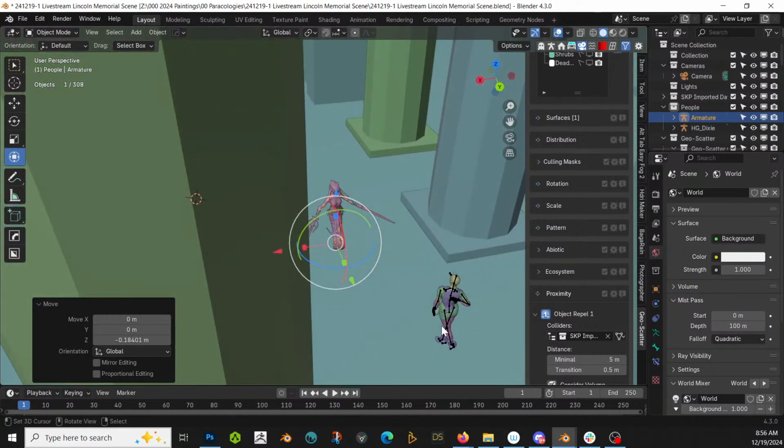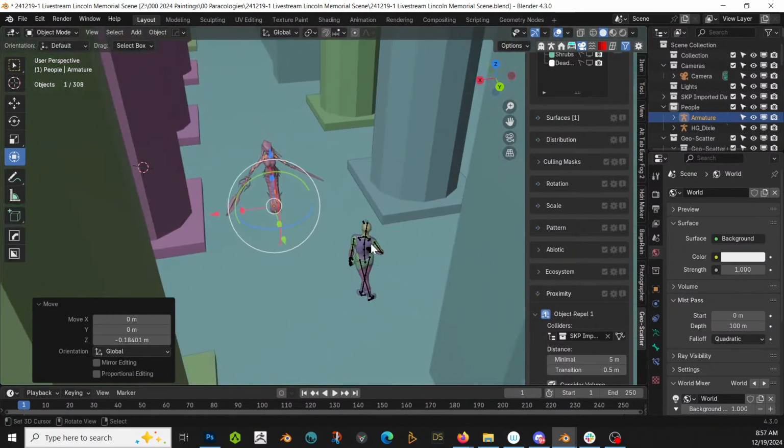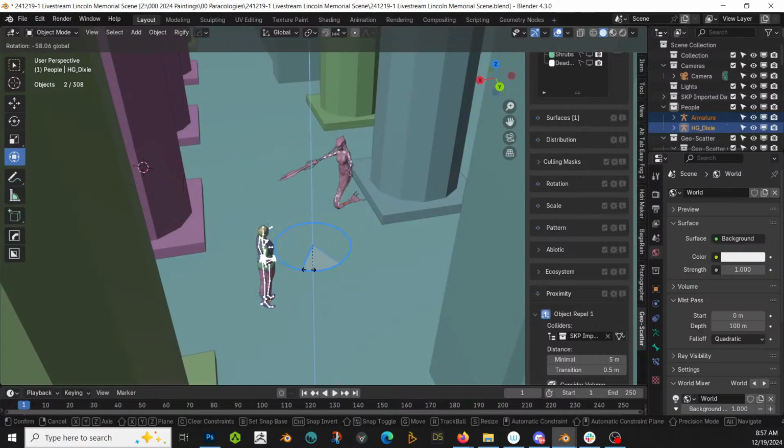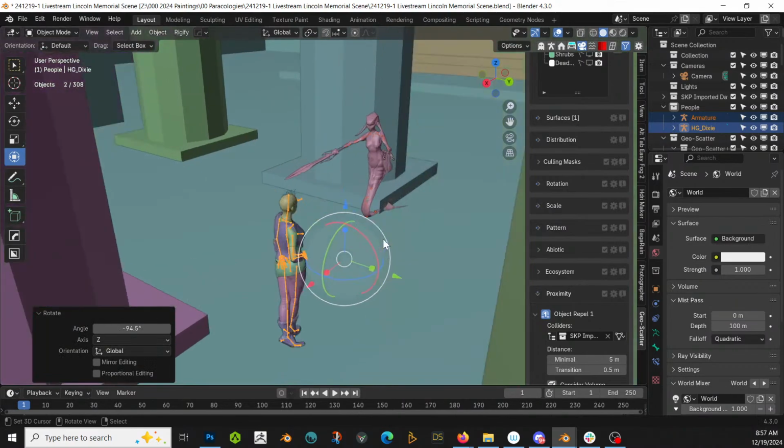Although if we're gonna do that, I always select both of them and rotate